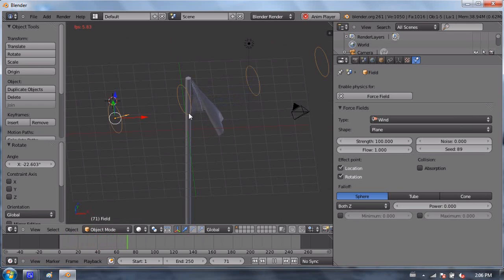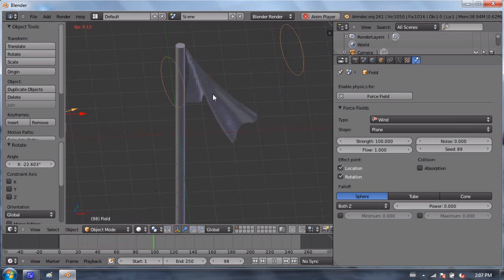Now you can see it working, but because of the size of the flag, I kind of ignored scale in my scene. Because of the size of my flag, it's not really blowing the flag straight outwards. It is giving it some wind though. You can see that it's not falling straight down, and this section of the flag is being pushed out.